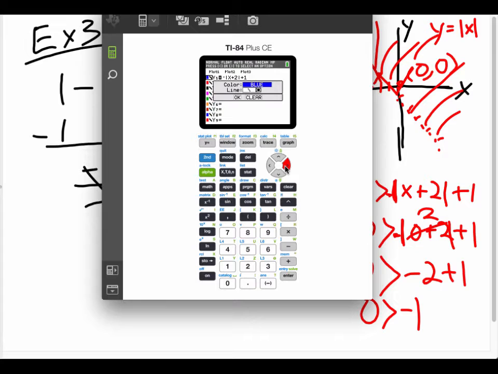But I want to shade above the line with a dot. Like that. Now if I hit OK, that usually refers to greater than. So if I hit graph,